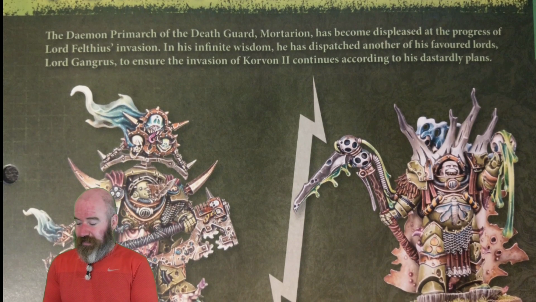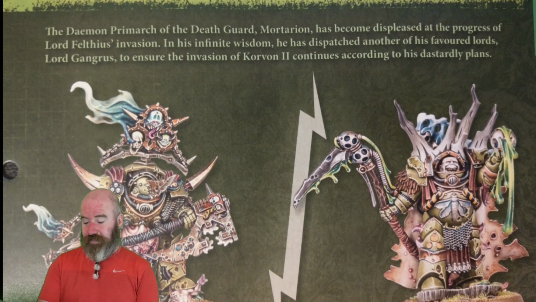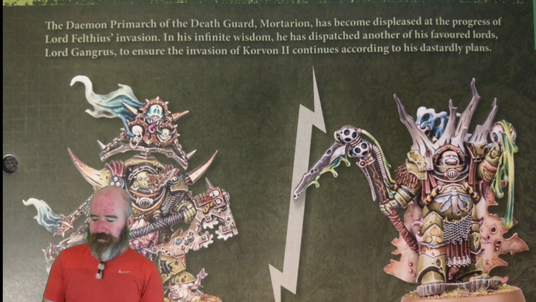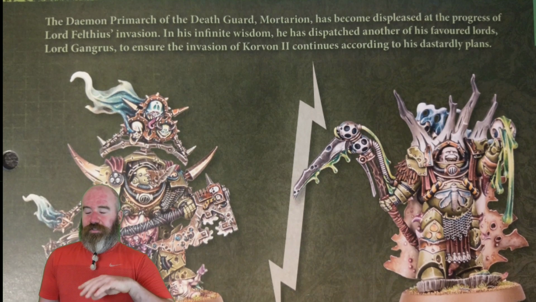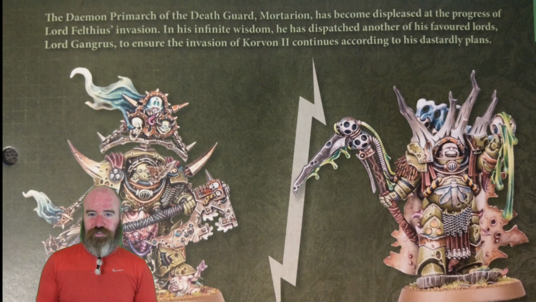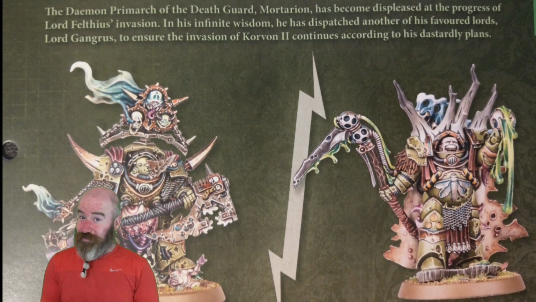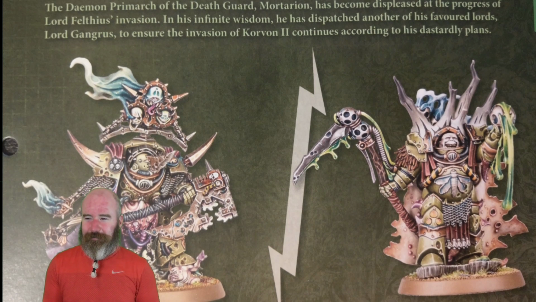So turning to the scenario, you'll notice in the army section we've got Lord Gangrus's retinue and Lord Felthius' command. So it's Death Guard versus Death Guard for the very first time. That's the sort of thing you see in certain alien factions, certain chaos factions, non-Imperium factions typically. You see them come into blows. You do see Imperial factions come into blows, but I don't think we'll see it in the run of this magazine because we're just getting